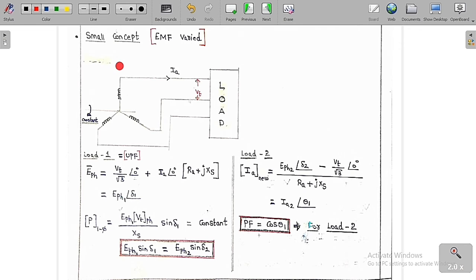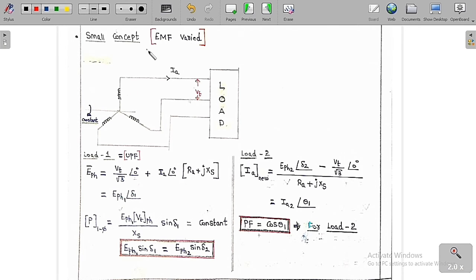So now we will discuss a small important concept. Listen carefully here, it is always very useful. Here EMF is varied, meaning excitation is varied. As I have already told you, if you vary the excitation, IA is going to change, IF is going to change, the power factor is going to change, and the nature of the power factor is also going to change. See, the excitation is varying, but